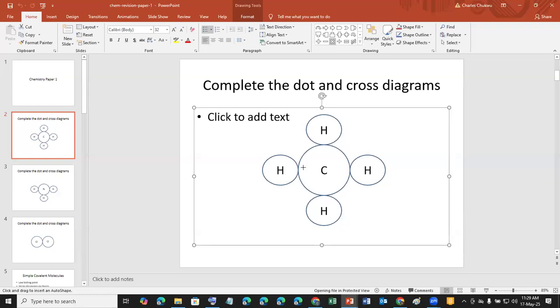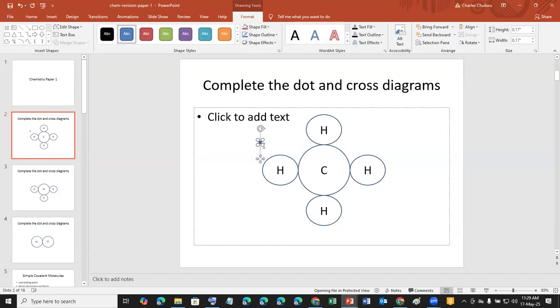Okay, so what I was trying to say is this. Let me just draw this X. Okay, so you see that small X there? I'll just be using it anytime I need it. So the X, remember I told you X depicts a shared electron. Hydrogen always has 1 electron in its outermost shell. So that's X, the first X is coming from hydrogen. The second X,